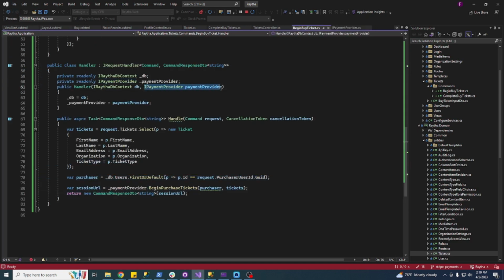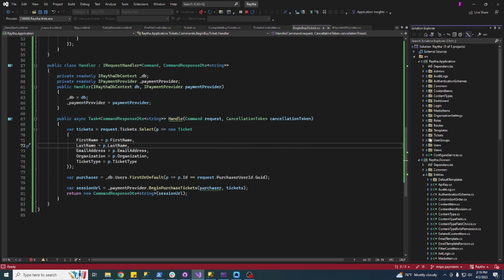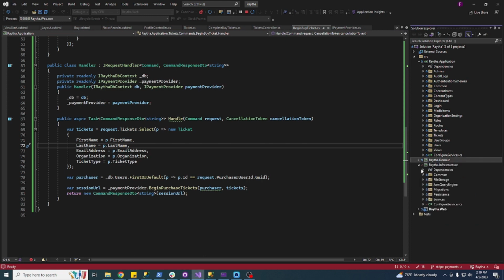Now, IPaymentProvider is important because it's an interface that's injected. And why is this important? It's because, well, what happens if we want to switch away from Stripe in the future to something else? Or what happens if you want to be able to support multiple different payment providers, depending on the customer's needs? And so if we just implement and call against an interface, then that gives us some flexibility from an architecture standpoint. So we have the interface defined up here in the application layer, and then the actual implementation is done